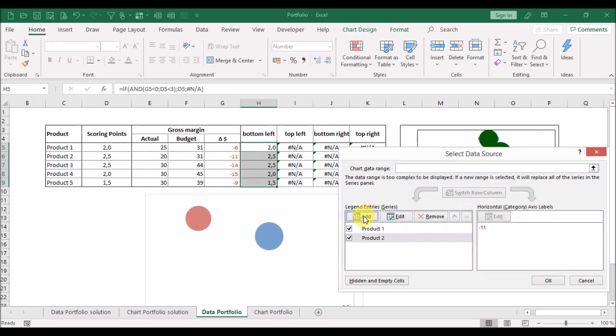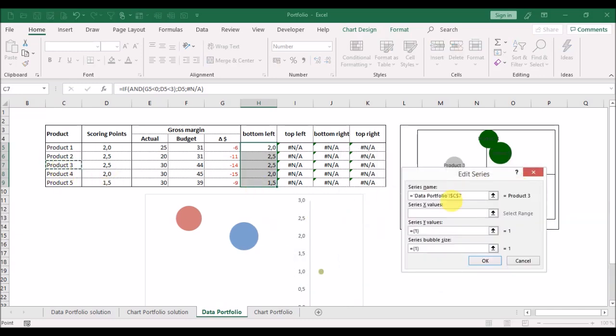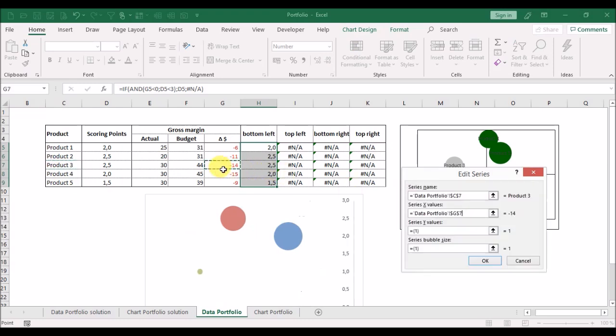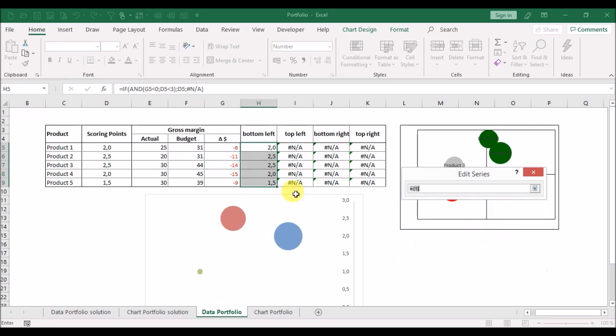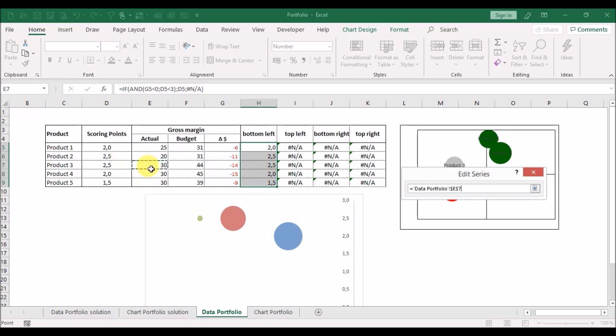Okay, then we will add product number 3, X values from cell G7, vertical line value from H7, and the bubble size from E7.